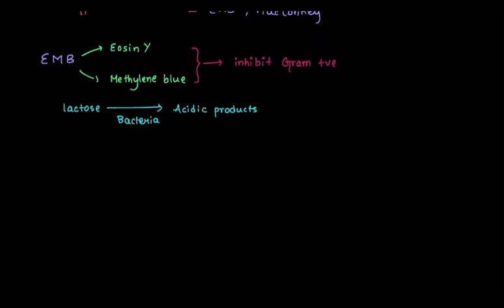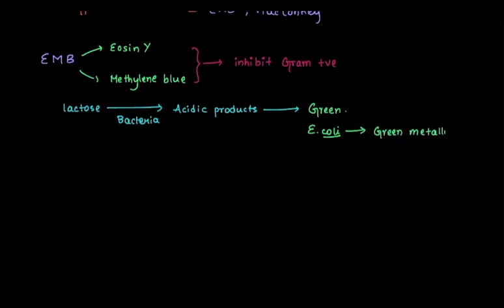So acidic products would turn the color green. And if you grow E. coli in EMB, you're going to see a green